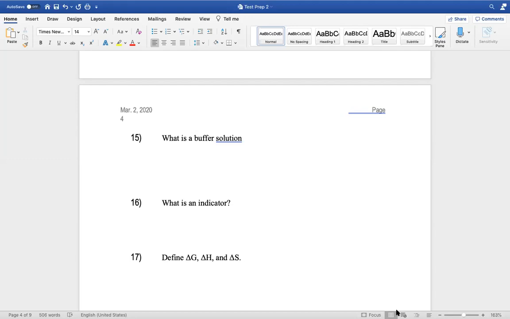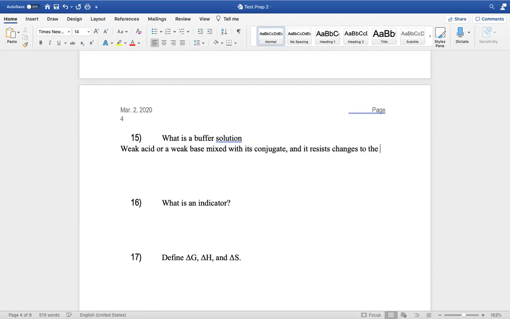So it is a weak acid or a weak base mixed with its conjugate, and it resists